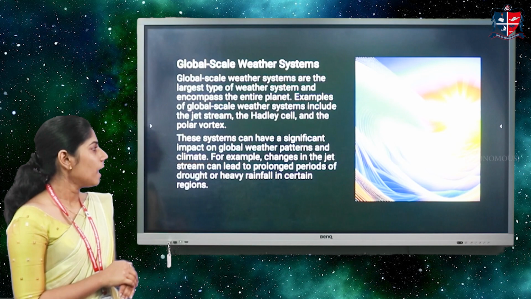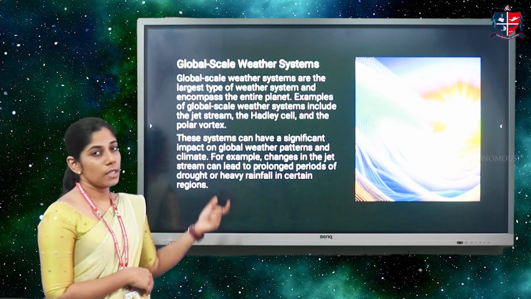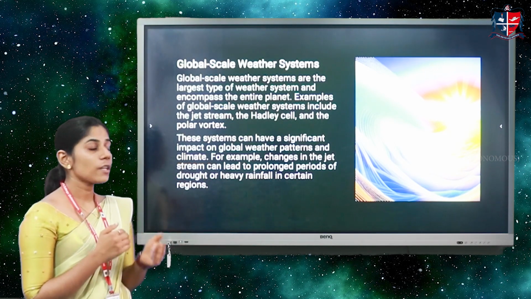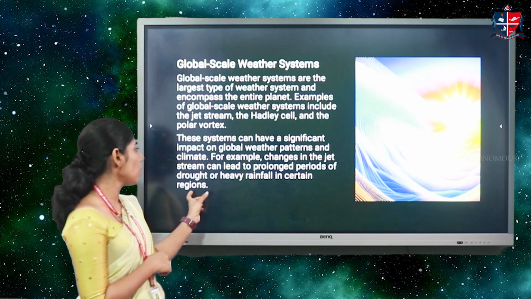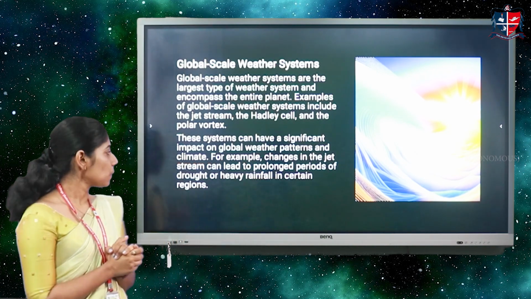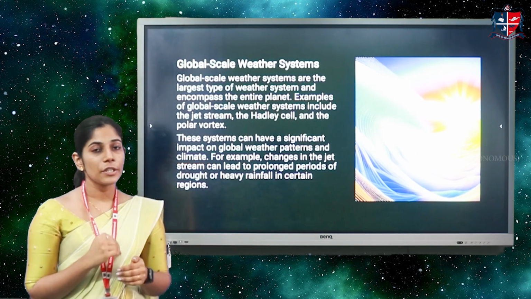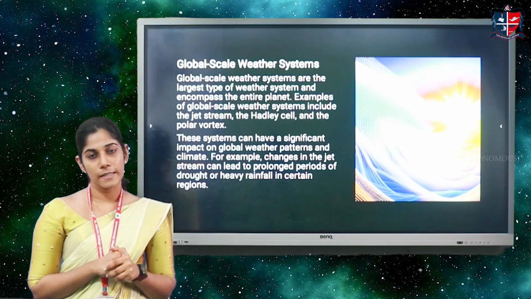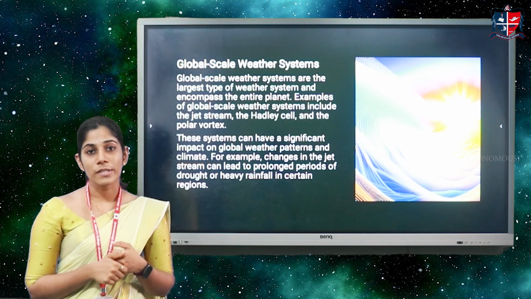For example, changes in a jet stream can cause prolonged periods of drought or heavy rainfall in certain regions. So, these are the four different classifications of weather systems, which are the microscale weather system,